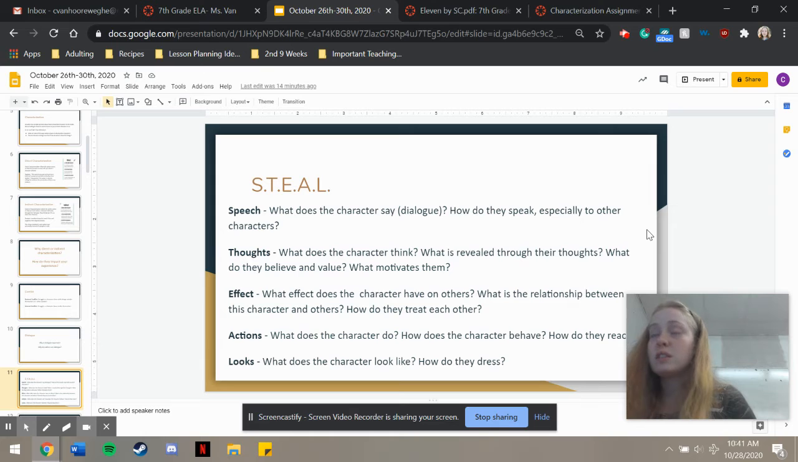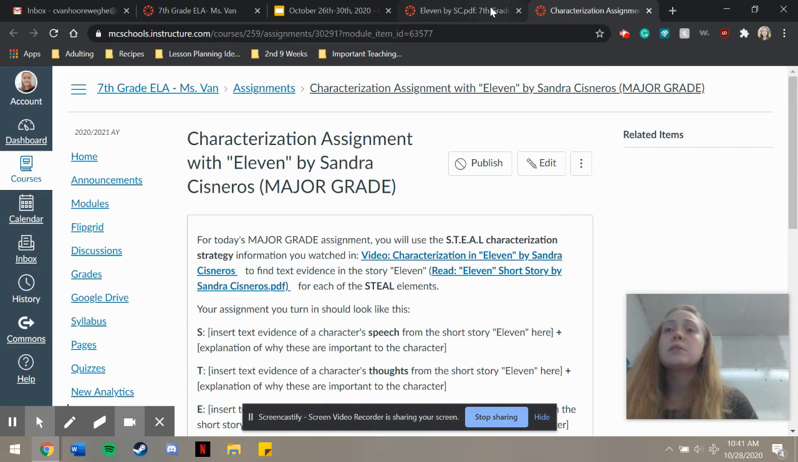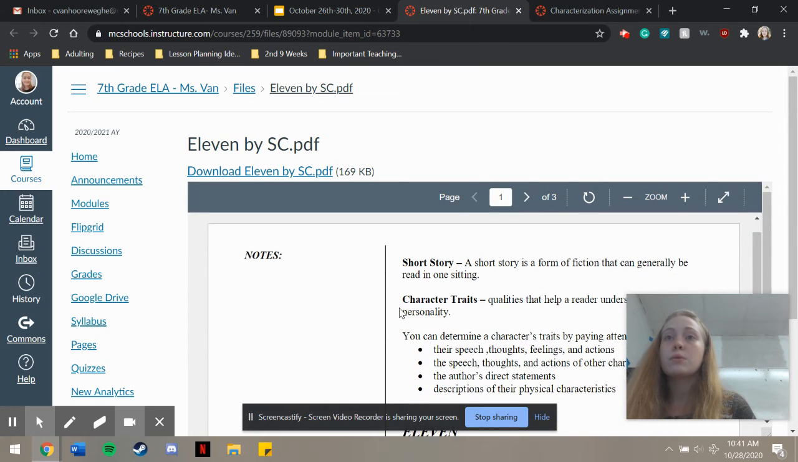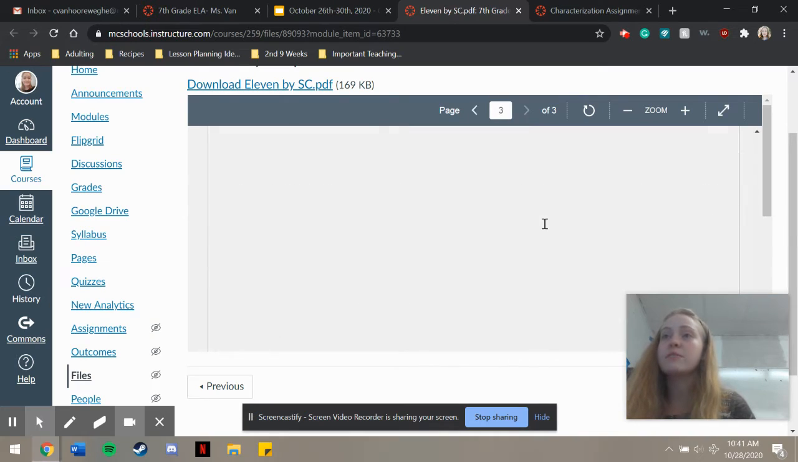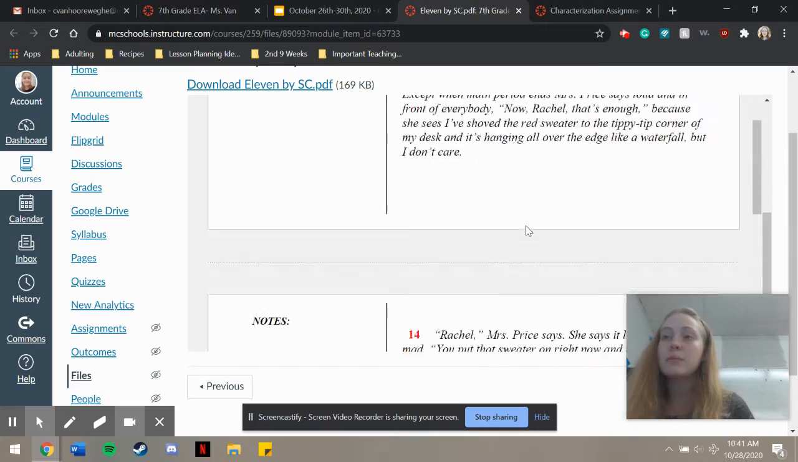Because often descriptions of the character's appearance will, at the bare minimum, help us remember them and sometimes also show things about their personality. So what you guys are going to be doing today is looking at this short story called "Eleven" by Sandra Cisneros. It's a very short story. It's only about a page and a half, but it's spread out over three because there's all this white